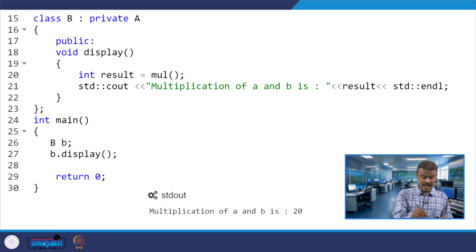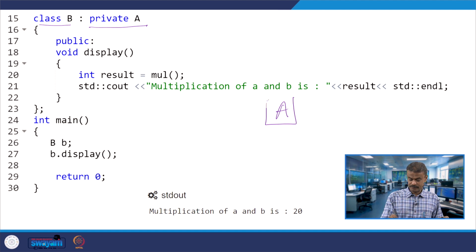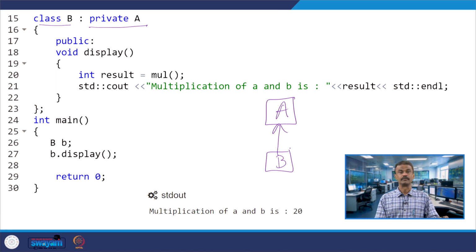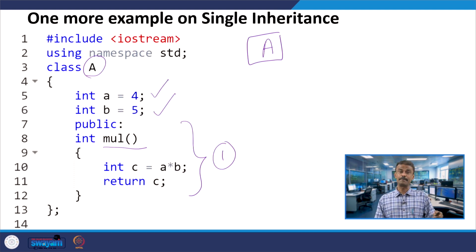Now if you look, class B is privately inheriting A, the first time we are seeing this. A is the base class with private inheritance, and B is the derived class. In class B you have display, where you are calling the multiplication function. Multiplication is public in class A, even though it is being privately inherited.